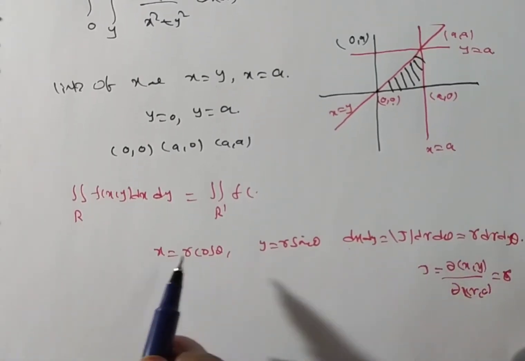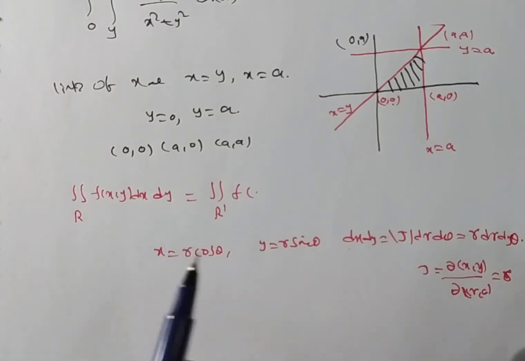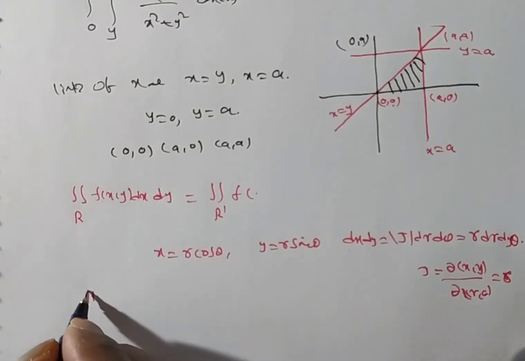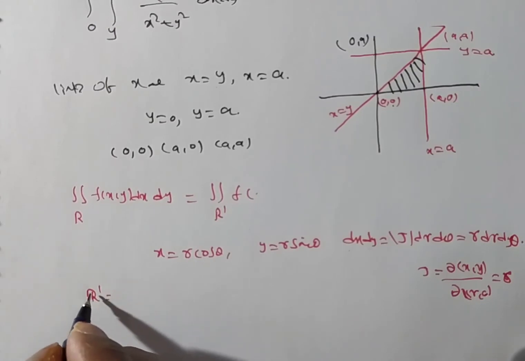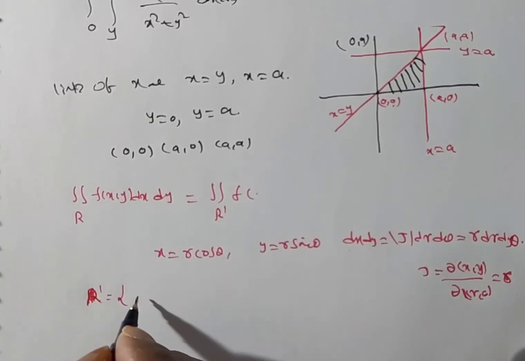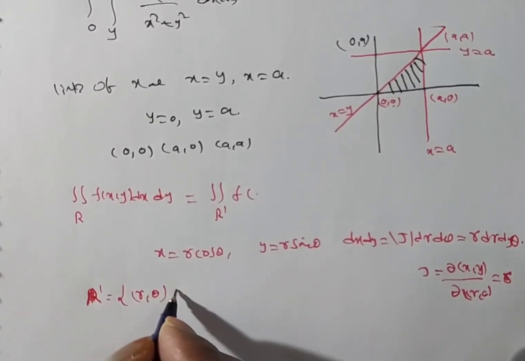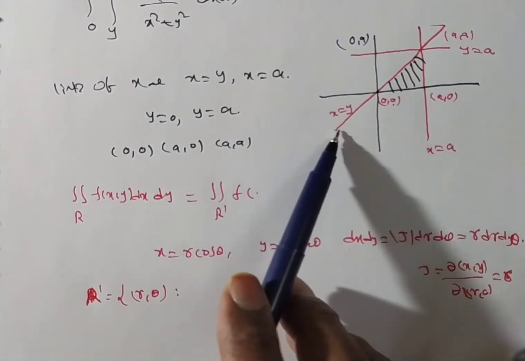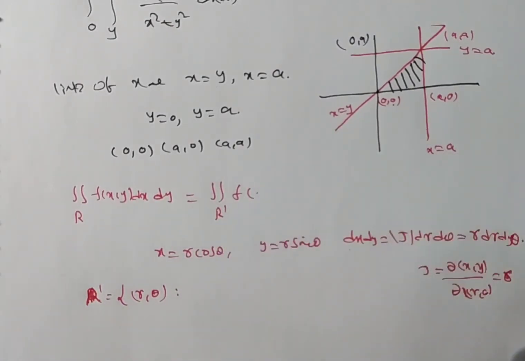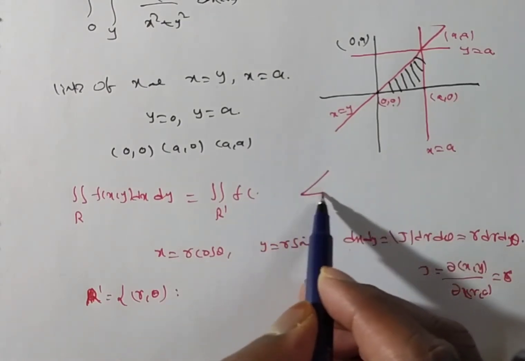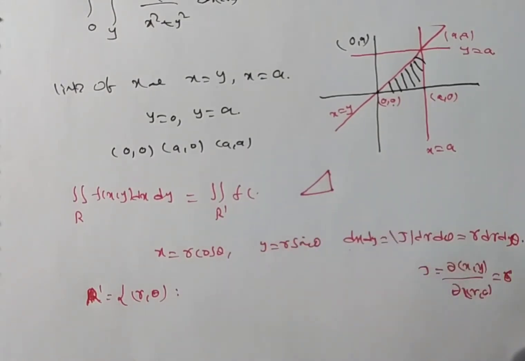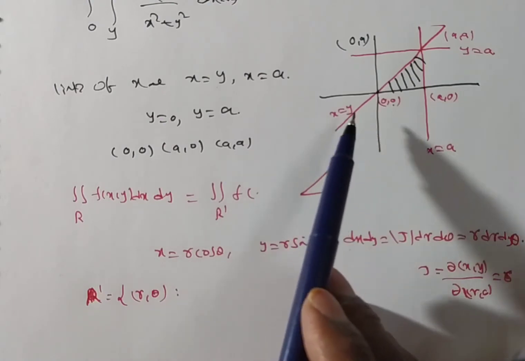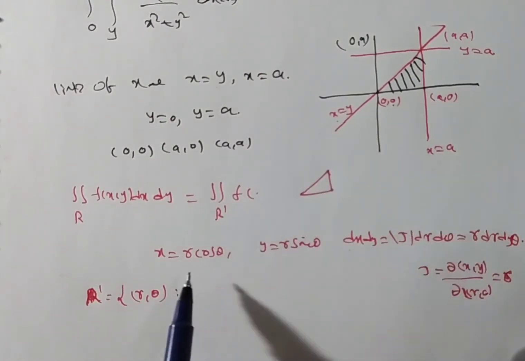Now here we are changing x comma y variables to r comma theta variables. So we have to change the region also, that is the R dash region. You see this is the R dash region, the new region. Now we are finding the limits of r comma theta. Now what you can say about the r limits on the xy axis. In the triangle you see, friends, this is a triangle. In this triangle I want r. Observe, whenever x is r cos theta.